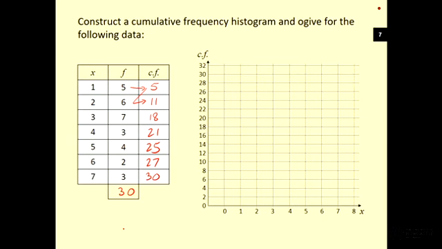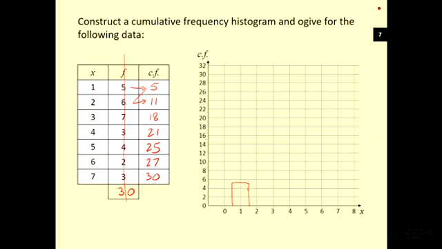Yep. And then if I want to plot my CF versus x, I don't need to do this, I just like to do it. It's a very easy habit to keep grabbing the F numbers when you don't want to. So I'm just going to put the line there to stop me from doing it. The first score of 1 has a CF of 5. So it's not a class like from 1 to 2, it's just 1. So I'll just go to a height of 5